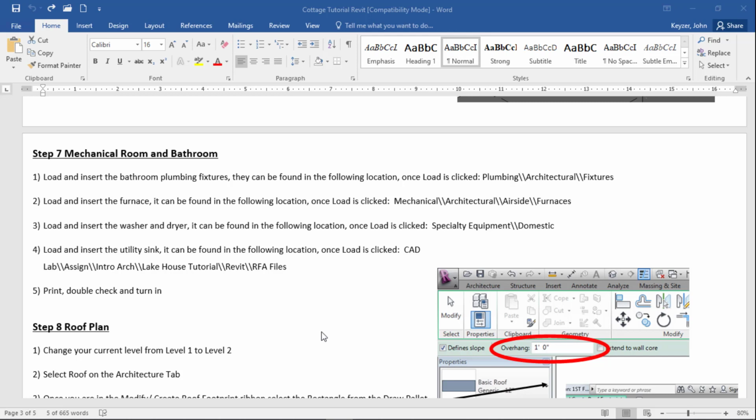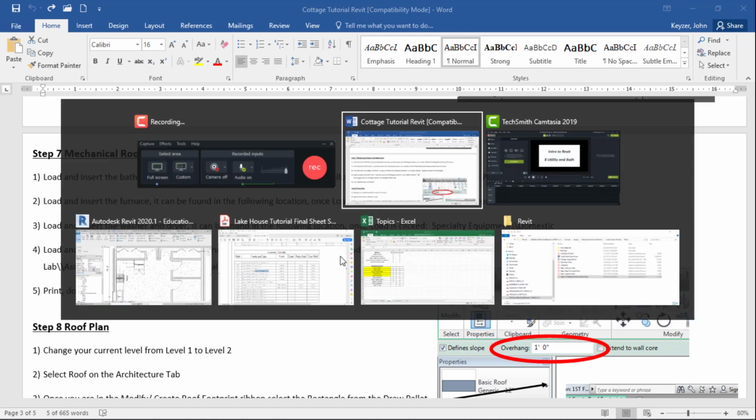Welcome back. In this tutorial we're going to cover the mechanical and bathroom, and you can see in our Word document we've got some directions here with some locations of where the files can be found. So let's hop over to Revit